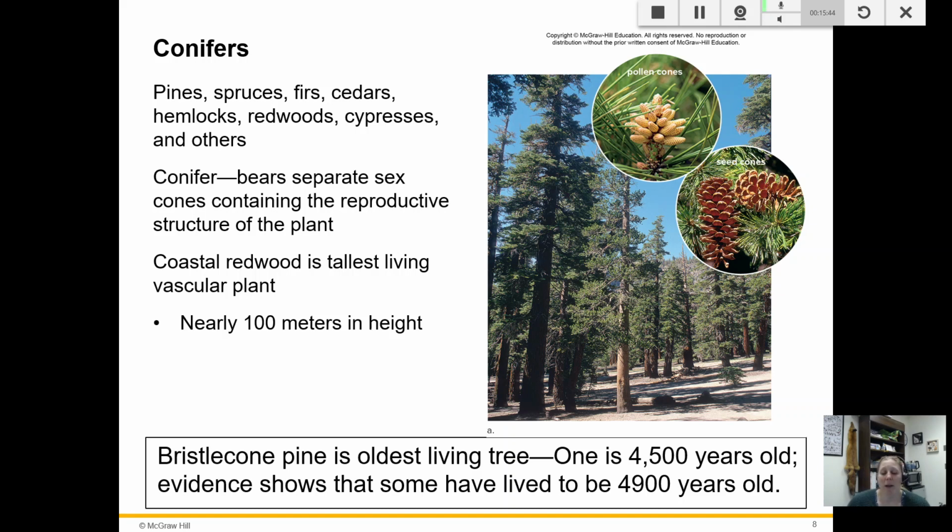Fascinating. And the oldest known tree in the world is named Methuselah. It is a bristlecone pine, and you cannot find it. It is hidden. You are not allowed to go there. And it's expected to be about 4,500 years old. So very, very long-lived, very mature, strong, woody trees. And if you ever think about the difference in the woods, people want to build with pine because it is a very hard wood.